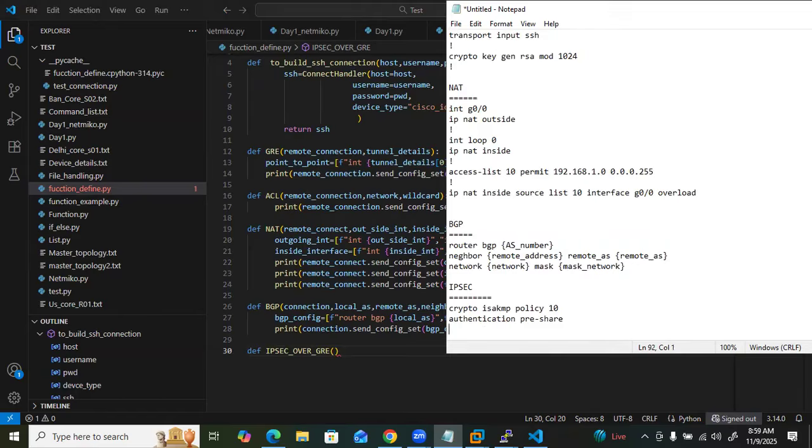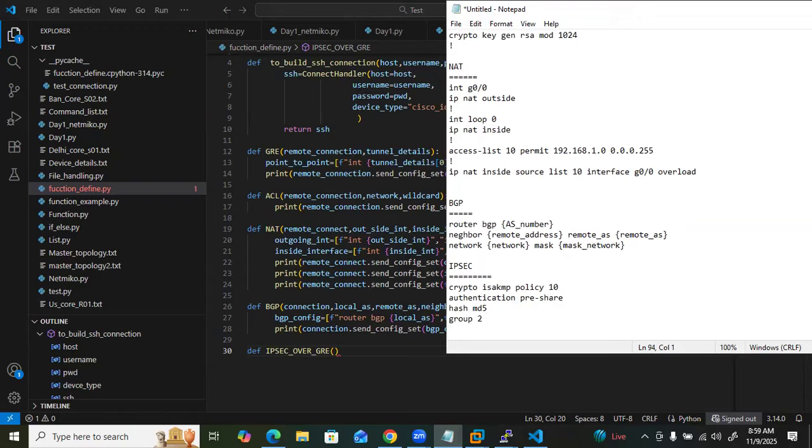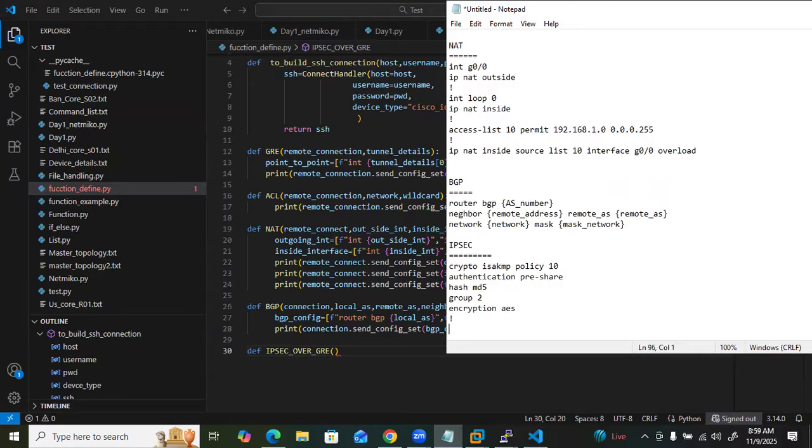Then after the authentication, guys, hashing. Suppose I'm just going to use MD5. Then group, I'm going to use 2. Encryption, I'm just going to use AES. Right. Then crypto isakmp key Cisco123,